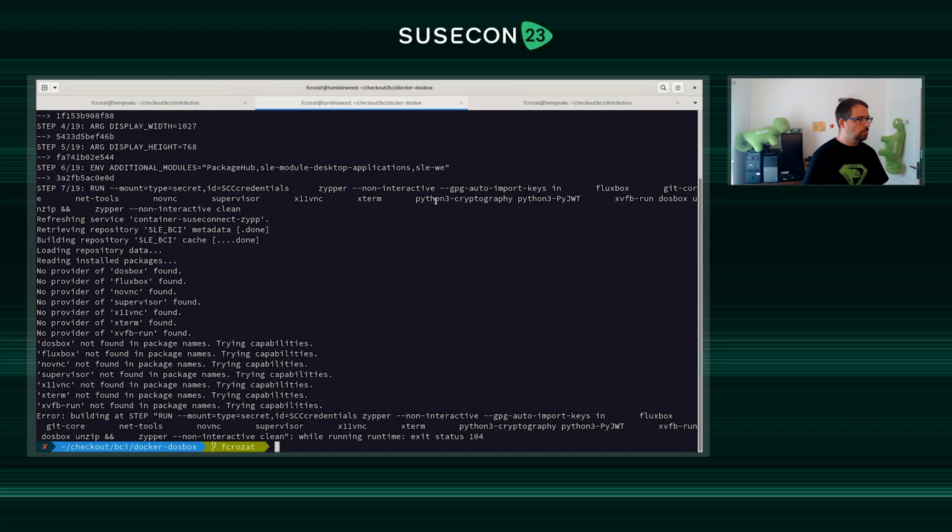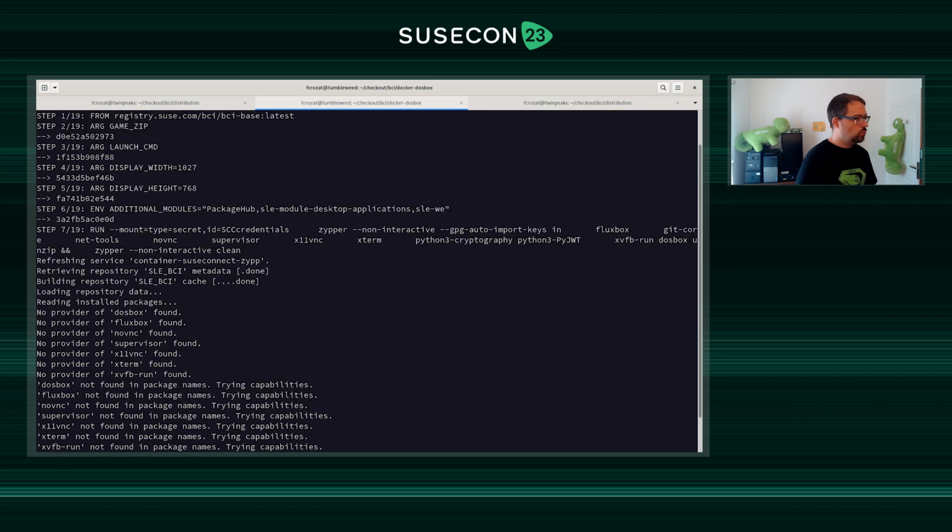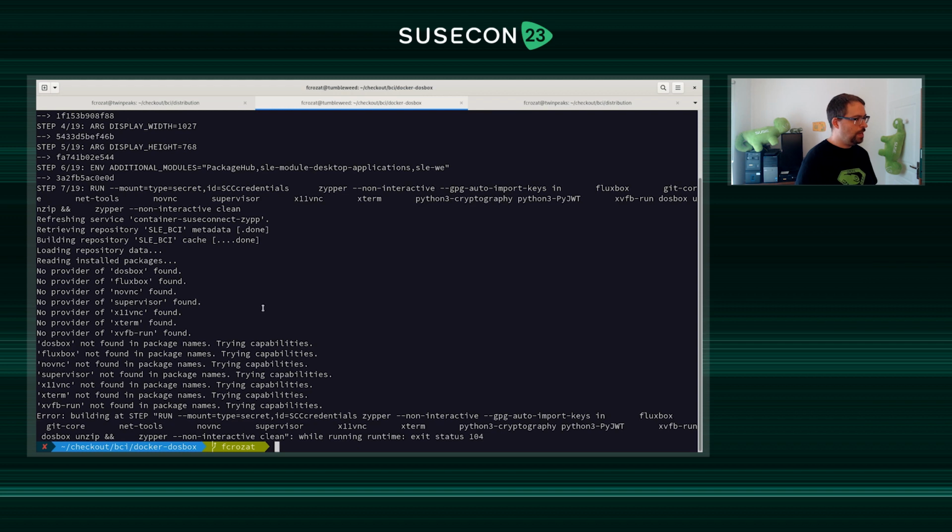So it's trying to build, fetching BCI base latest, then trying to do the zypper call. And as you can see, in the SLE BCI repository we don't have, as I said, DOSBox, Fluxbox, noVNC, supervisor,